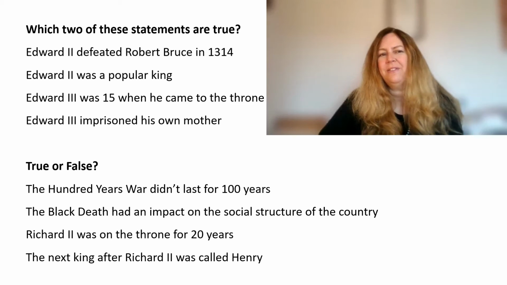The Black Death was significant because it had a huge impact on the social structure of the country. About 1/3 of the population of England, Scotland and Wales died, creating major labour shortages. This meant that the peasants were able to demand higher wages, which led to new social classes. Large landowners moved into the towns, creating a middle class.